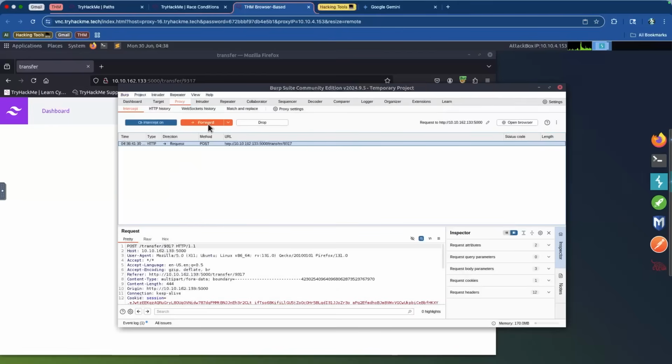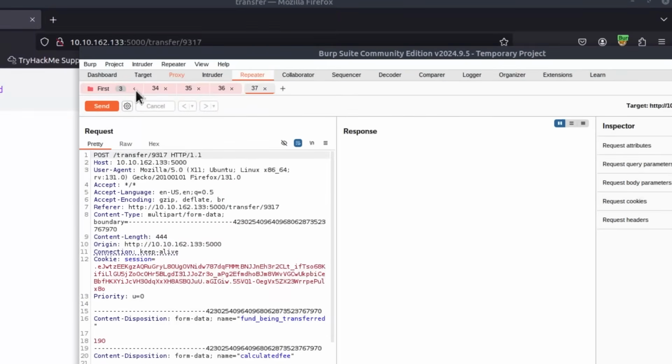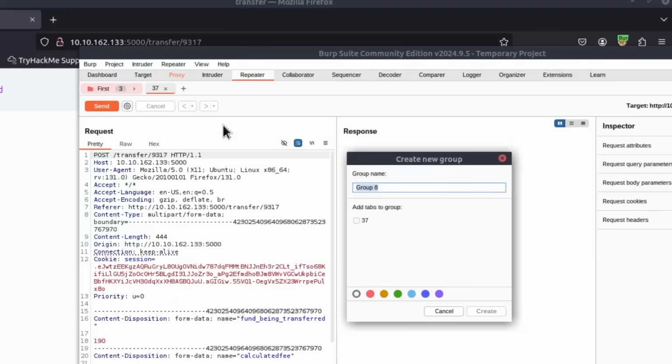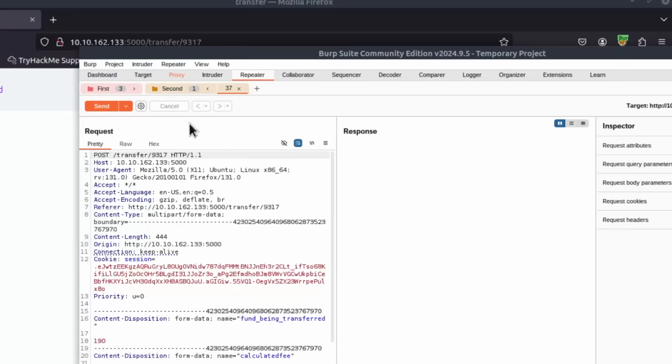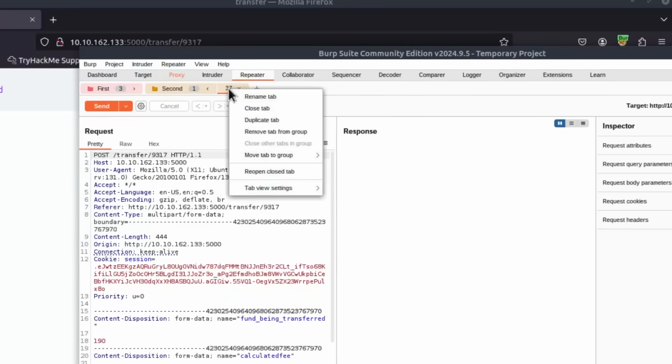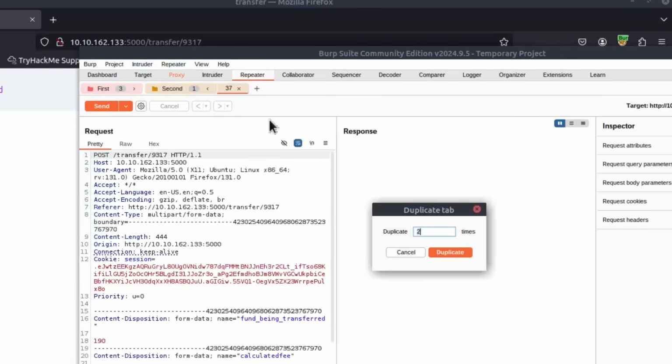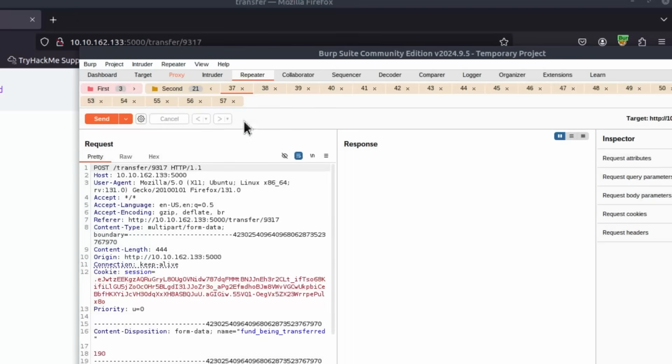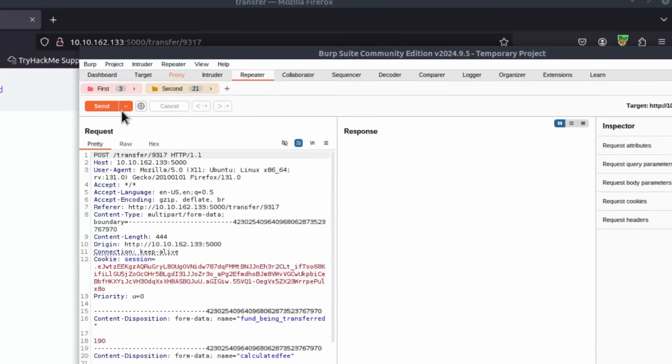I'm going to forward the request, or let's send it to Repeater first. Go to Repeater, and we're just repeating the cycle just to see if we can actually pull this off. Hopefully. At this point I'm just trying to see what the potential limitations may be, how I can maybe do this more. Not exactly sure. It should be possible. So now I'm going to do 20 requests, which will give me a total of 21